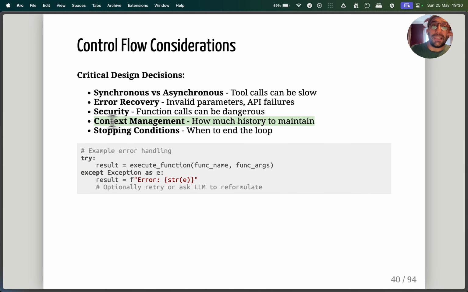We need to manage the context for the model, right? How much history we can maintain so that the model can structure complex actions and so on, but at the same time, we don't spend too much in tokens. We also need to consider situations where we give the model the ability to take actions and put that in a loop. We need to be able to say, look, this is the condition where this loop stops, because the action is done or because the situation is done. So we need to consider how we're going to end this loop.